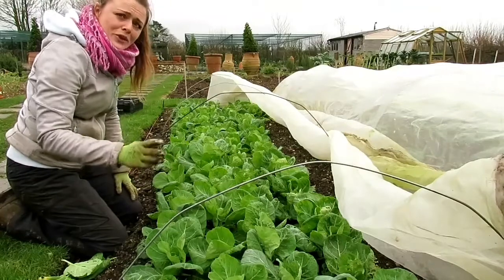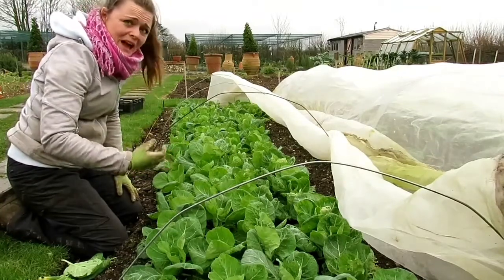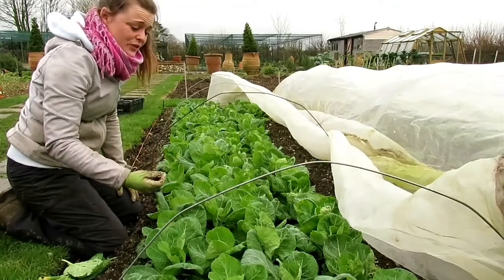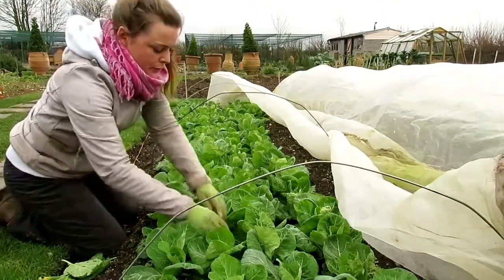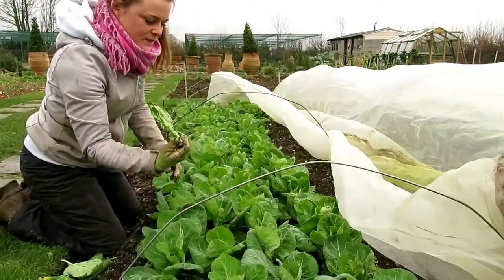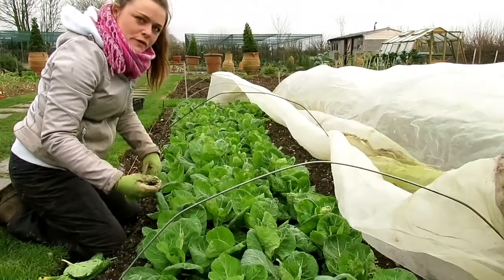But also as well, it's so easy to keep walking past the crop. Sometimes you've really got to get down there, have a really good look and see what's going on, and catch any pest and disease that's going on before it either takes or decimates a complete crop. So all I'm doing is I'm just going through, I'm removing all of the lower leaves that have been really badly slug damaged, and I'm going to keep an eye out for them slugs, and any slugs I do find I'm going to